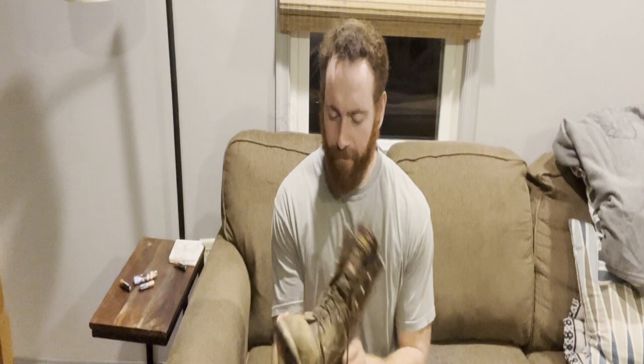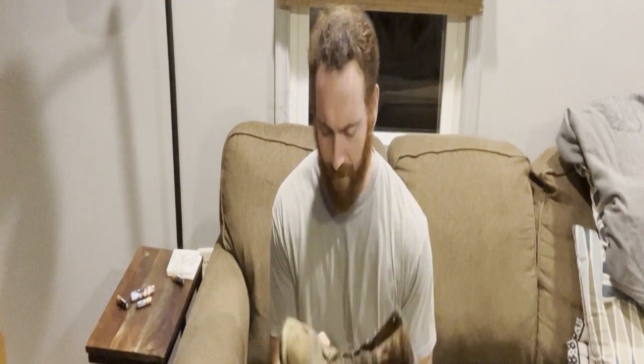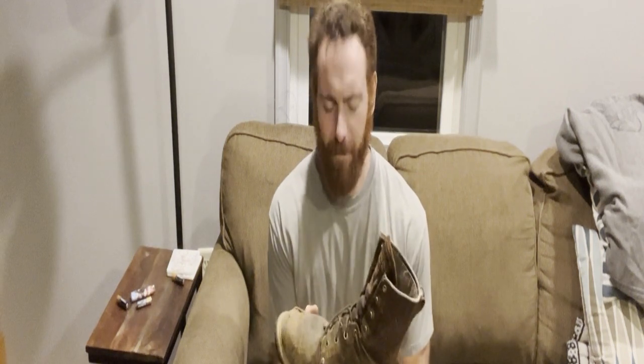My first boot, Carolina Logger. It lasted me, how many days? They're fake days. It was before I actually started working. So my training, I'd say 90, 180, and then 210. So 210 days plus